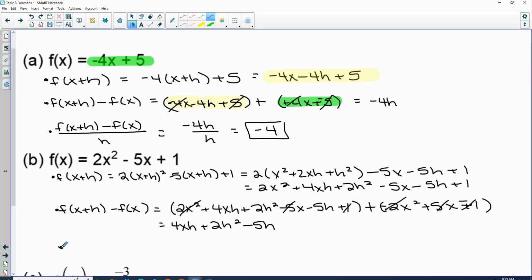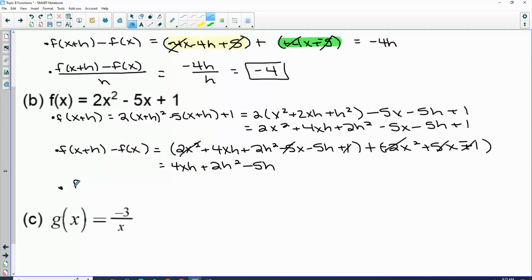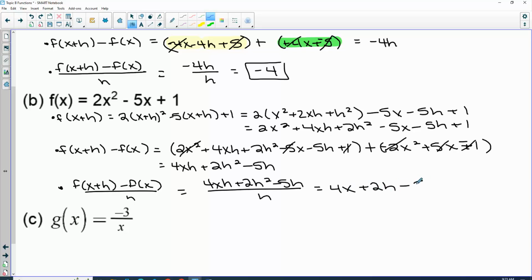And then the final piece is really the whole thing. It's the answer we just got, all divided by h. So if we carry that answer down, divided by h, that cancels an h out of everything. We get 4x plus 2h minus 1. Okay. Any questions there? I'm going to go ahead and stop